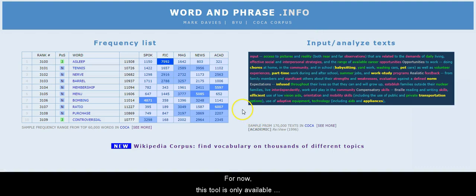For now, this tool is only available online and is best accessed with a laptop. Word and Phrase is a powerful combination of dictionary, thesaurus, collocations dictionary, and concordancer. This means that you will be able to find definitions, synonyms, collocations, and examples of the word in context. You will also be able to find out a little bit about how frequently the word occurs in different genres. It is relatively straightforward to use, but a brief tutorial will be useful because there is a lot going on